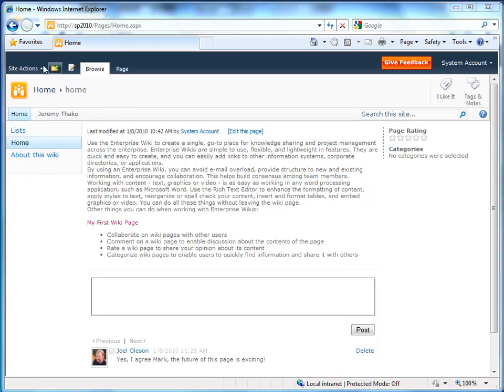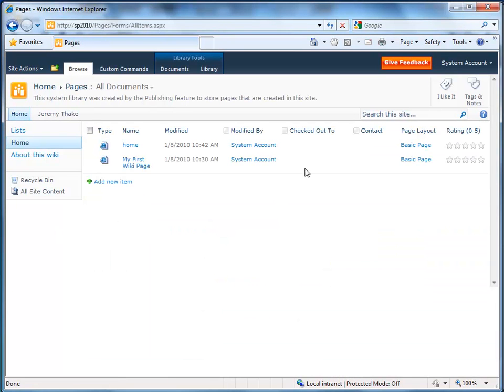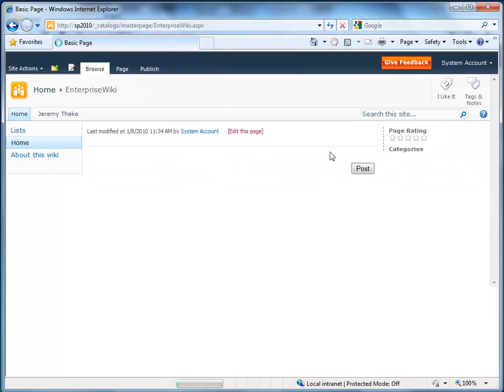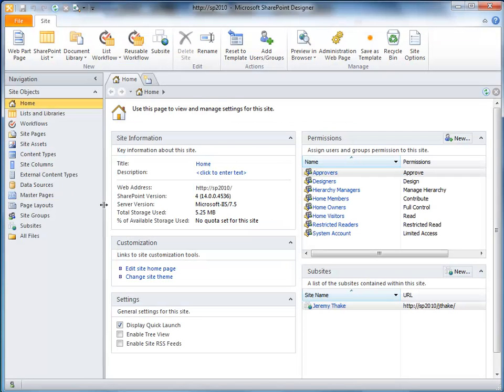Because these wiki pages are in a pages library, as you can see here, I can actually jump to that. So if I go to view all site content and pages, you can see that I'm using a basic page layout. And if I click in here, you'll notice that I'm using the enterprisewiki.aspx. So the best way to edit this page layout is to go into SharePoint Designer,